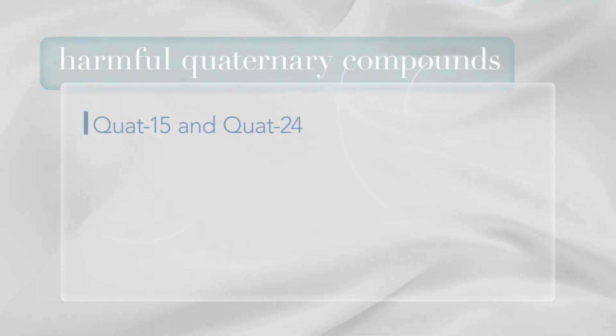So Teresa, unlike some of our competitors, our no-no list of ingredients at Norwex really helps us to narrow down what we're willing to include in our formulas. So why would you say it's important that these harmful ingredients are not included in the formulating strategies for our laundry products? Well, some quaternary compounds can be harmful, such as Quat 15 and Quat 24, are chemicals that we